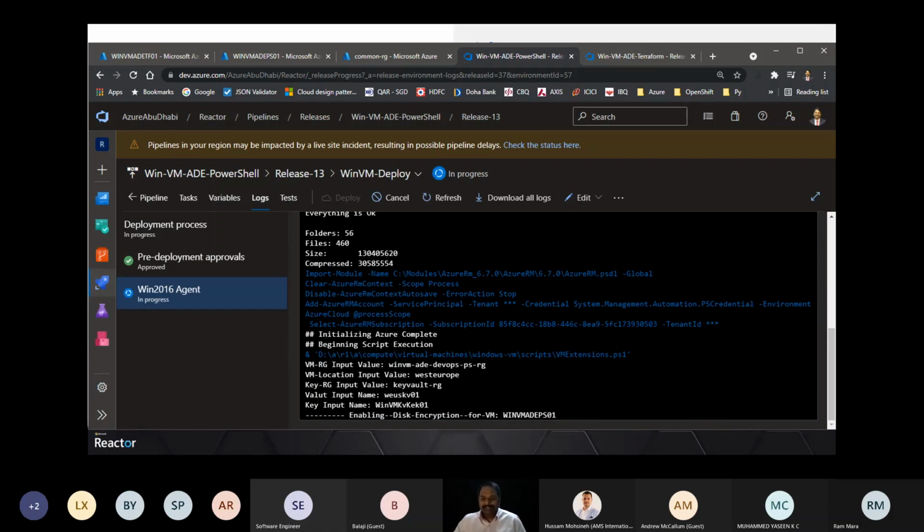Ram has asked a question. Is it possible to share the DevOps code, Terraform code? Sure, Ram. I'm a community member. I want to help the community and build the capabilities for cloud. I will definitely post the code on the Microsoft website, the GitHub portal. And I will put the link once I post the code in GitHub. You can download from there.